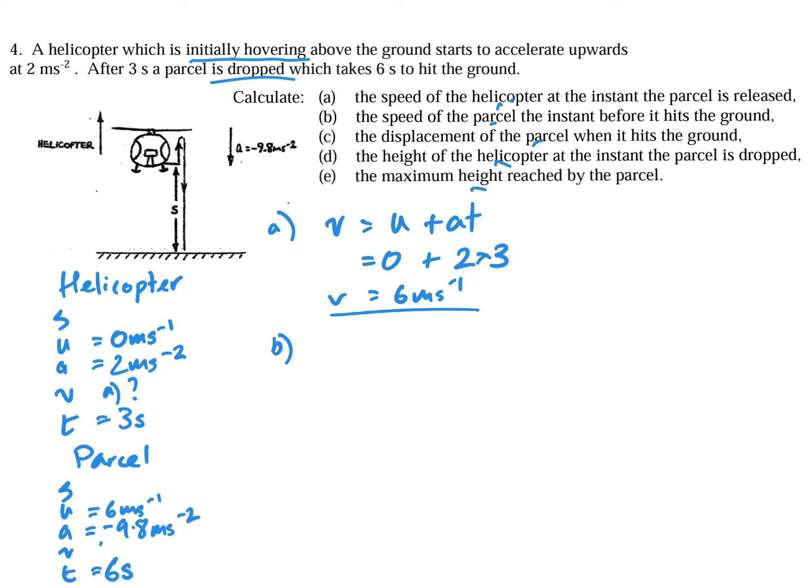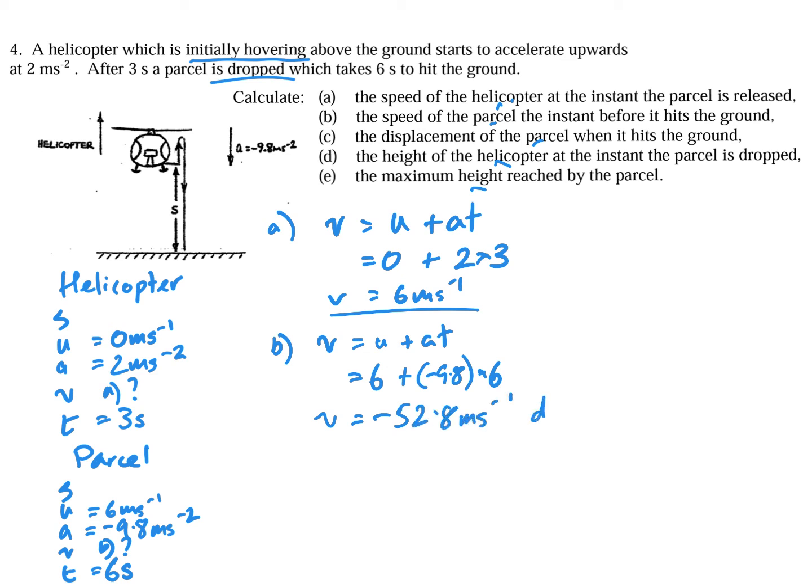So for part B, I'm being asked V. So I can do V equals U plus AT again, but different values here of U and A and T. So 6 plus minus 9.8. Right, so the initial speed of 6 for the parcel came from part A, and the time for the parcel was also 6. Okay, so it's just calculator out and I can get the speed of the parcel is minus 52.8 meters per second,